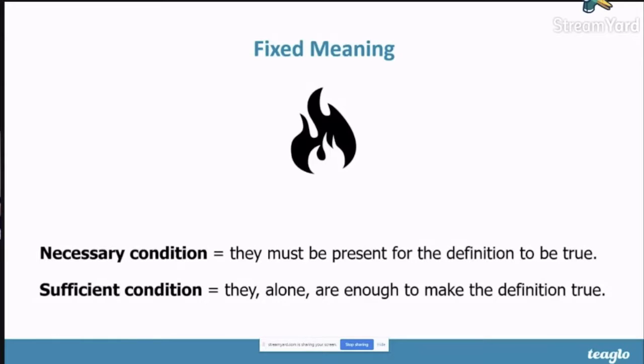That makes it far easier to explain to children if we follow this fixed view of fire as a concept. It makes it far easier for us to explain it to them and then to have a more secure understanding of it. And if we then pose the question, could you have fire in space? They can go through the necessary conditions in their head and go, well, actually, space is a vacuum. There's no oxygen, so you couldn't have a fire there unless it was inside the International Space Station or something like that.